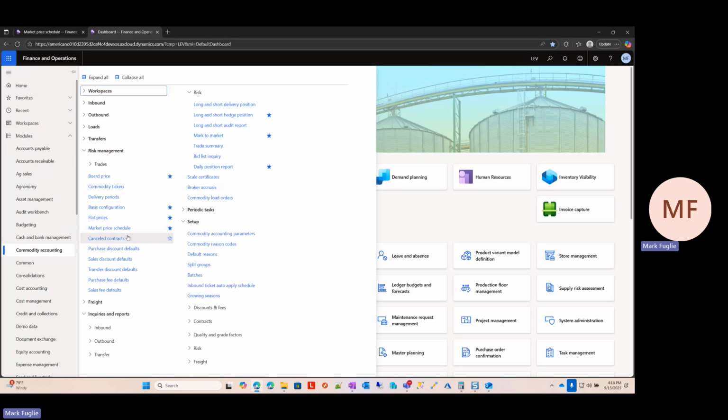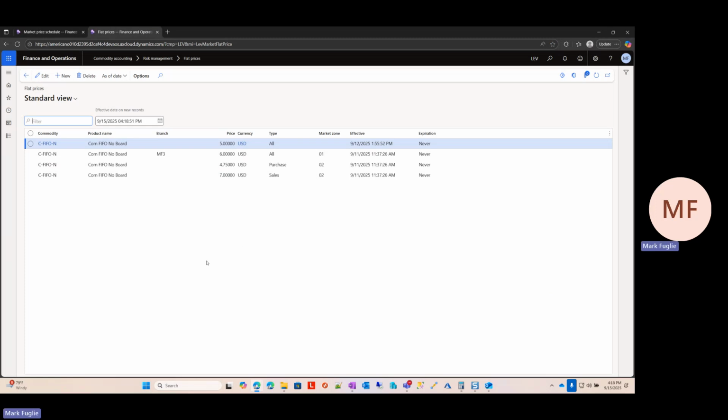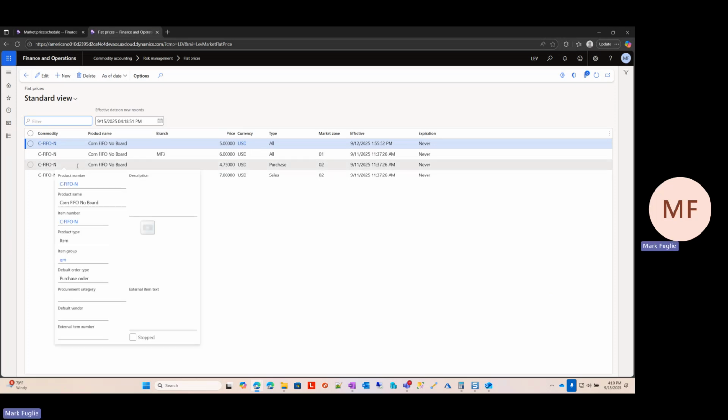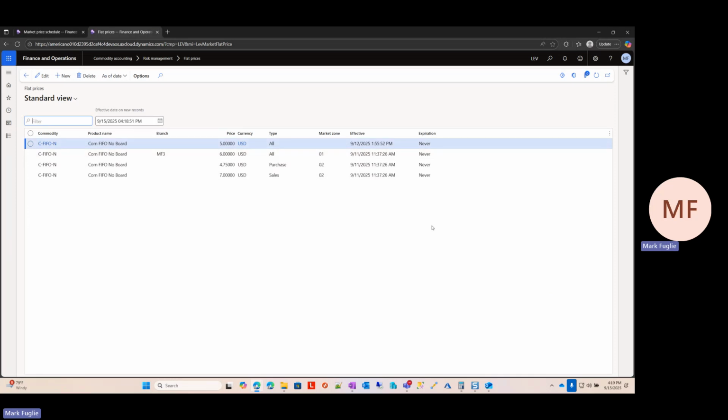If we look in flat prices, it's under risk management. In this screen, you're able to set up pricing for a commodity that doesn't have the pricing that you want to use on the mark-to-market, and you set an effective date of when this pricing will be good for. So when you go month to month, you can continue to add on. Some things to note when you're setting up flat pricing: you put in your commodity, obviously, and then